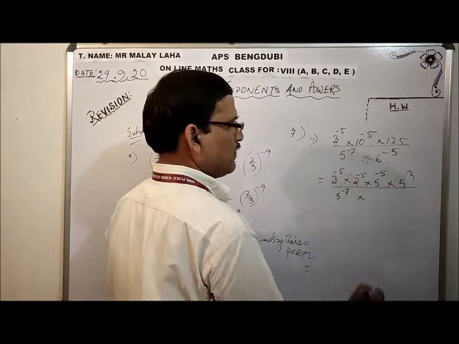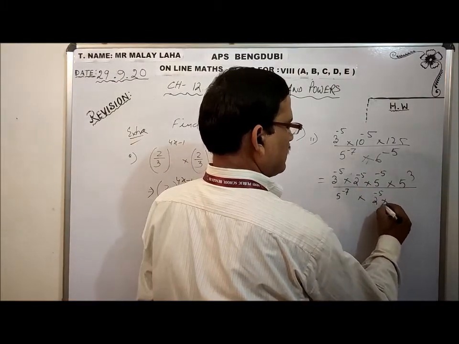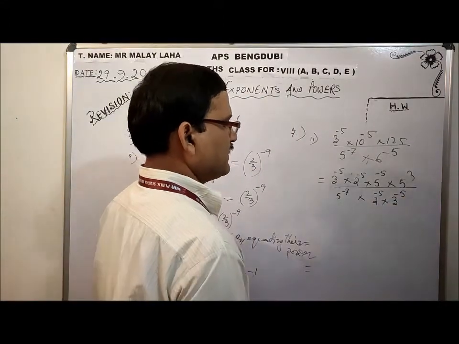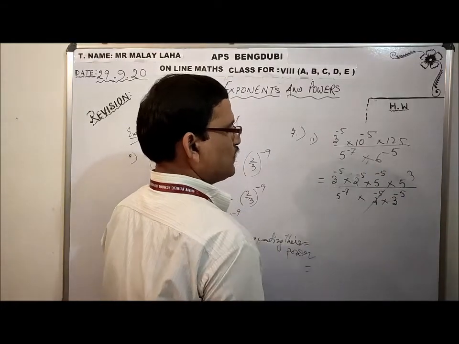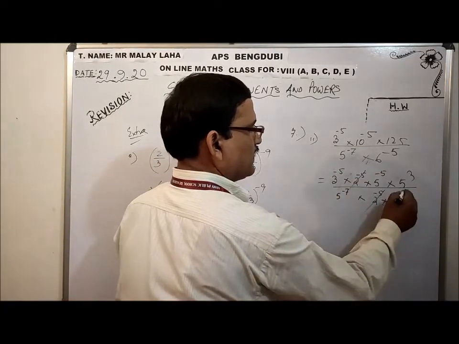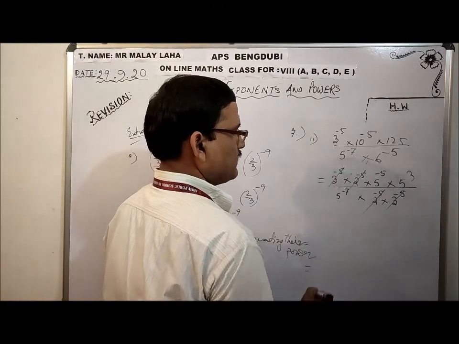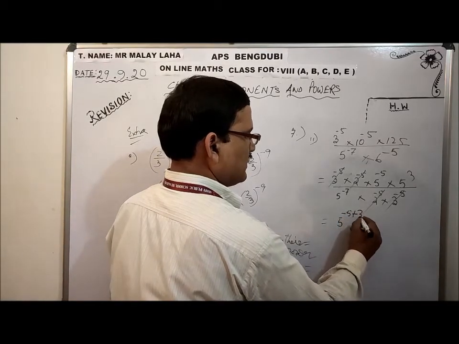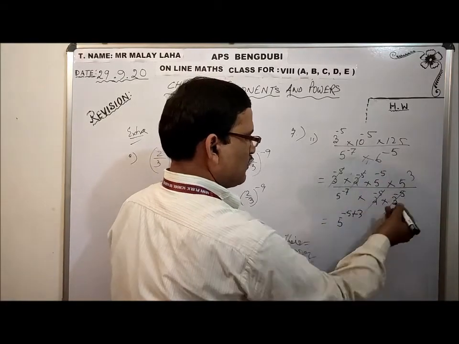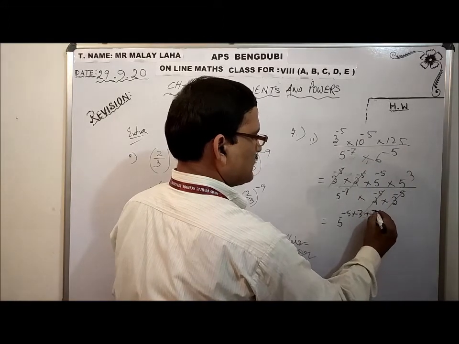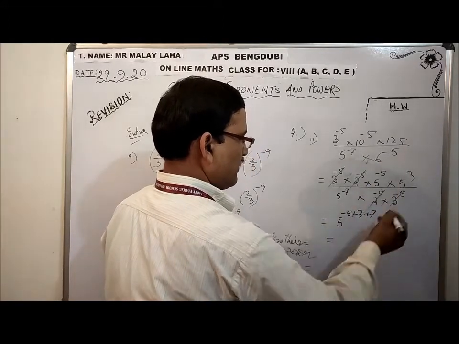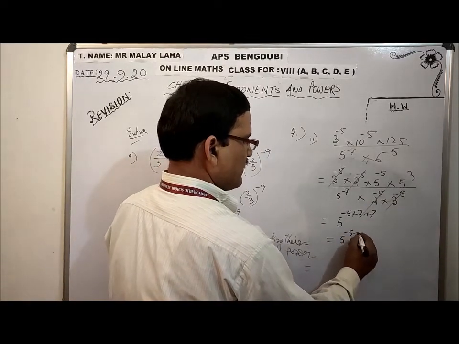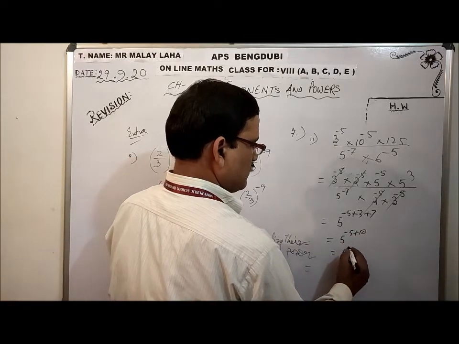When you break 6 down into prime, 2 raised to minus 5, 3 raised to minus 5. Now if like parts are there, we may cancel. So 2 raised to minus 5 cancels, 3 raised to minus 5 cancels. What is on the top? 5 raised to minus 5 plus 3, and here when you write it on the top, it will be minus 7, it will be a plus 7. So sign change, reciprocate. So it will be 5 raised to what? Minus 5 plus 10, or 5 raised to 5.